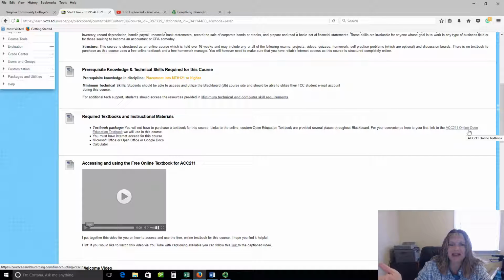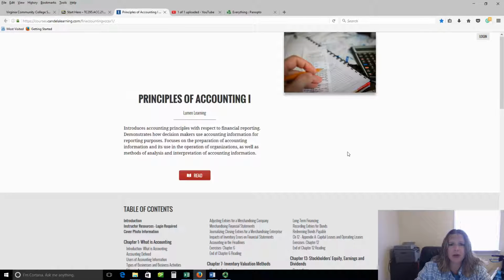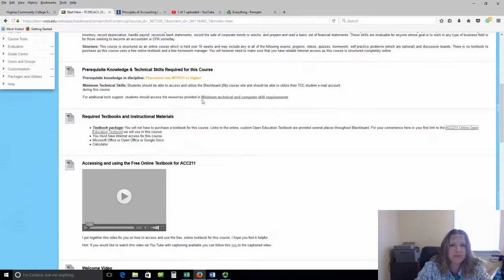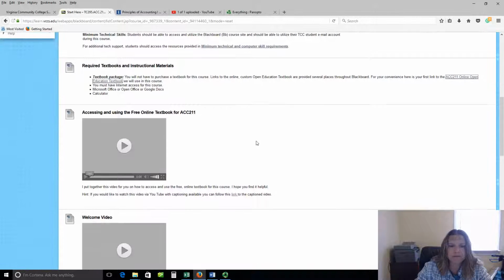Make sure you save that link, again, outside of Blackboard once you open up the textbook for the first time. So let me just go ahead and click on this link here. Once you open up the textbook for the first time, make sure you save this as a favorite or bookmark it somehow in your web browser so that you can access the textbook just in case Blackboard goes down. And you should do the same thing with the homework manager. Once you go into mymath.com, which is the homework manager, you should be saving that bookmark as well. Make sure you're writing down your username and password so that if Blackboard is down for whatever reason, you can still go in and get your homework done.